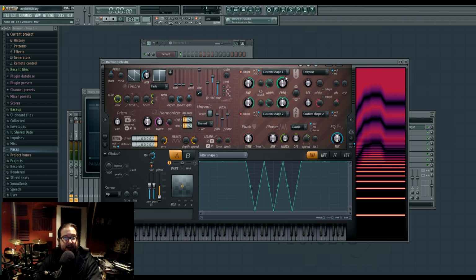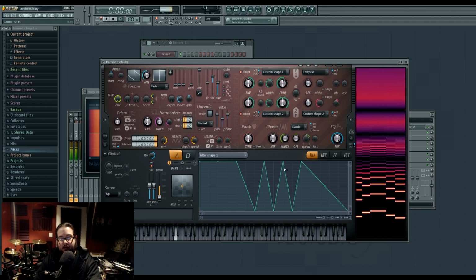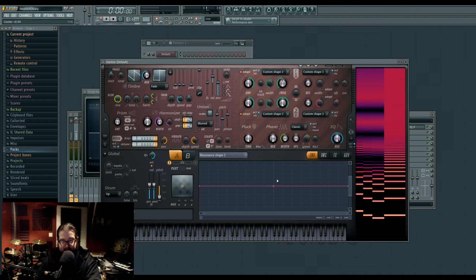So you can make some real funky things with custom filter shapes pretty simply. However, the real fun, in my opinion, is when you do this sort of thing with the resonance. See, the filter, in true subtractive fashion, only takes away from the sound, but the resonance actually adds to the sound. So if I go to custom shape 2, which is nothing, and then make a custom shape in the resonance, we can actually create